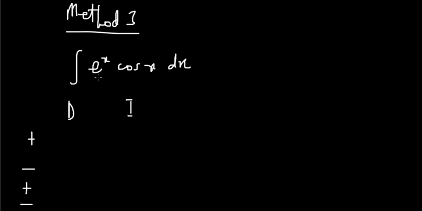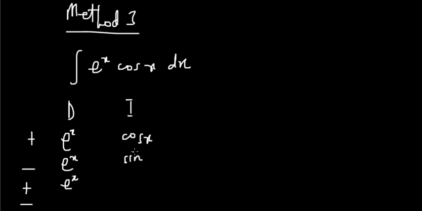So from here you could notice that we could actually easily differentiate e exponent x, and then integrate cos of x. So we have e exponent x, and then cos of x. So let's differentiate e exponent x. When you differentiate e exponent x, you end up with e exponent x again, as you already know. Now, when you integrate cos of x, you end up with